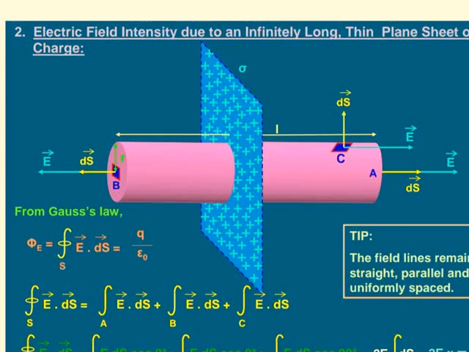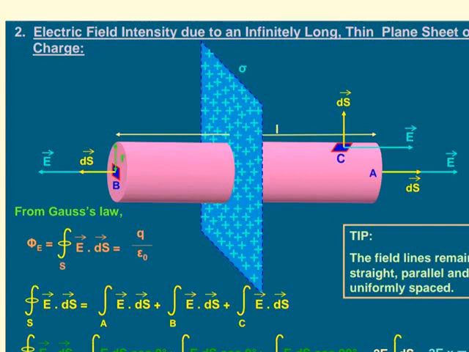By symmetry, the electric field E points outward, normal to the sheet, because it is of positive charge. If you consider negative charge, then the direction will be inwards. Also, it must have the same magnitude and opposite direction at point P dash, equidistant from the sheet and on the opposite side. If you have considered any point at A, then it will have the same effect at any point on the surface B, but the only difference will be that the electric field direction will be opposite, right?